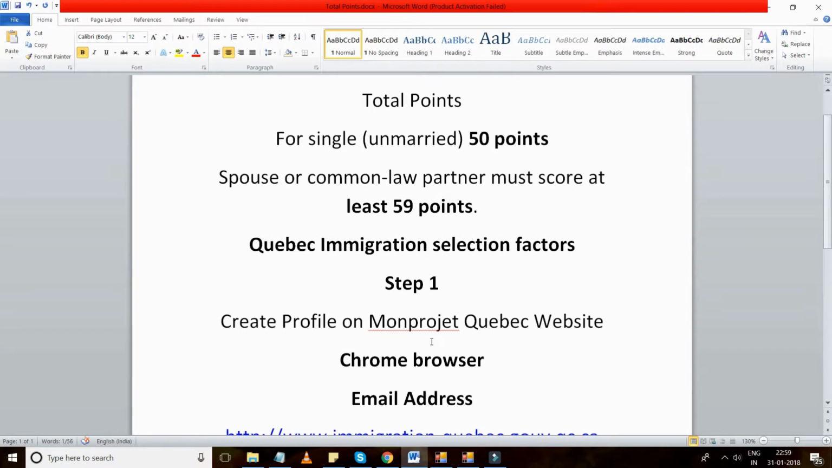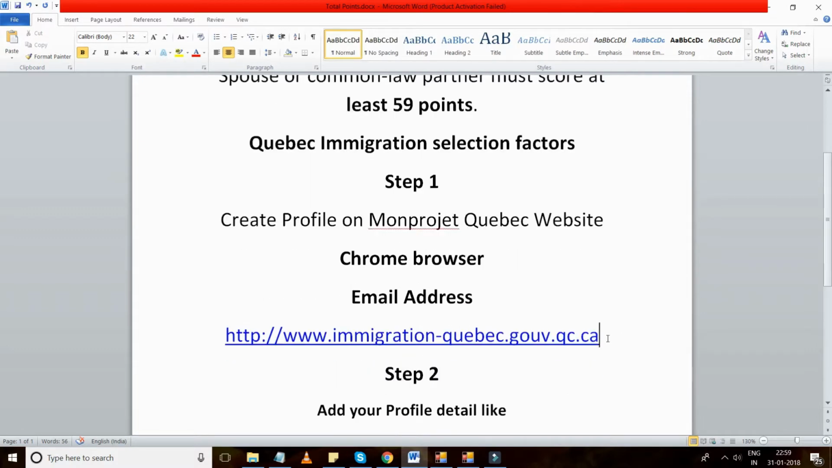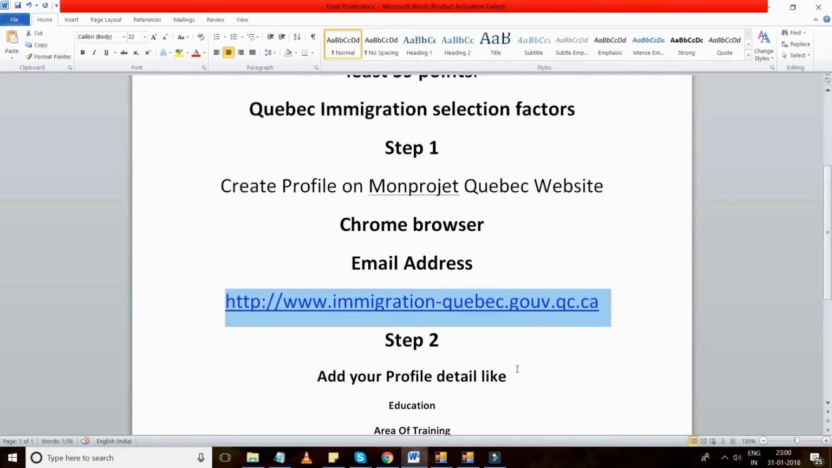So for step 1, what do you need? You need 2 most important things: the Chrome browser on your computer and an email address, right? Let me clarify one thing on this point. In this first step, you have to open or access this website always from your computer. Do not open this website on a mobile or laptop or any tablet, right? So let's open the website and create